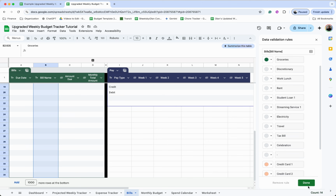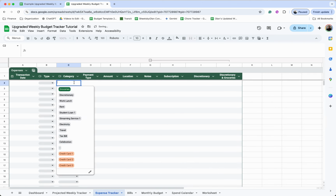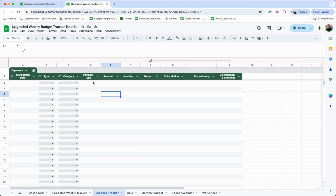I'm just going to go ahead and stop just for the time being. As you can see here, we have all of our different categories. Just like last time, if we add a new bill later on, or if we delete one, it will automatically adjust accordingly. Payment type,